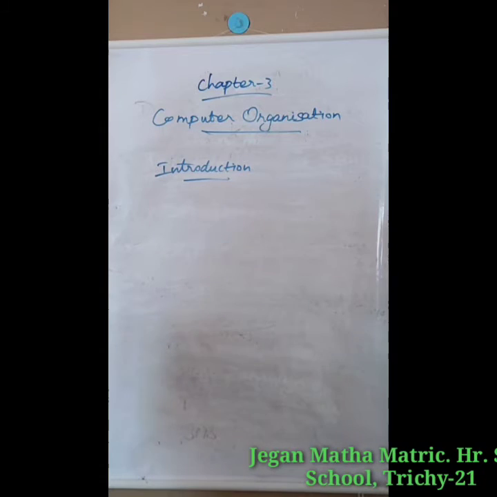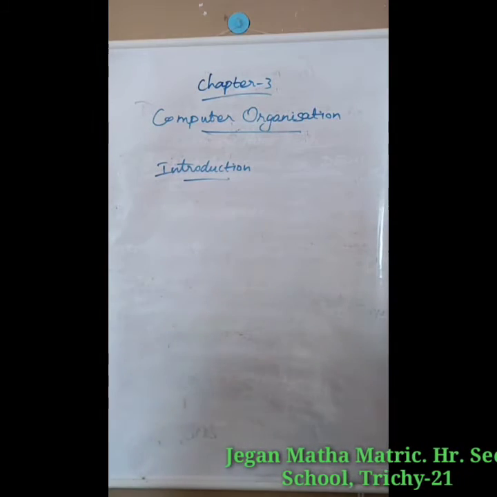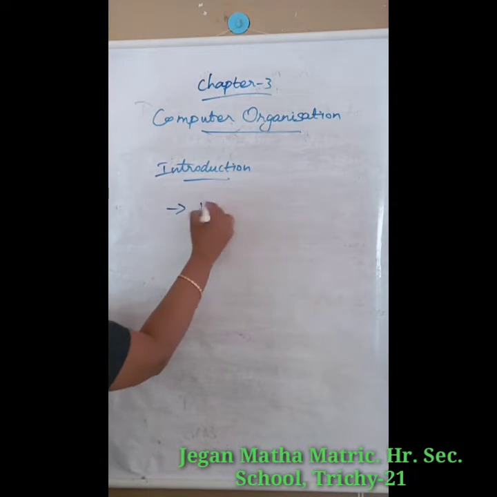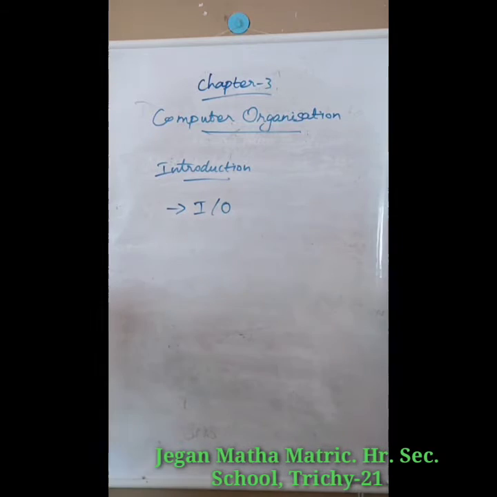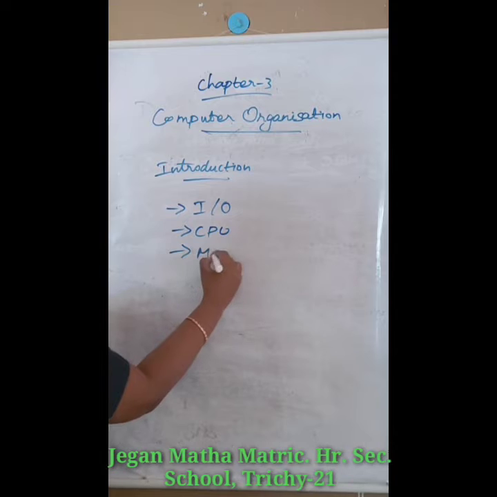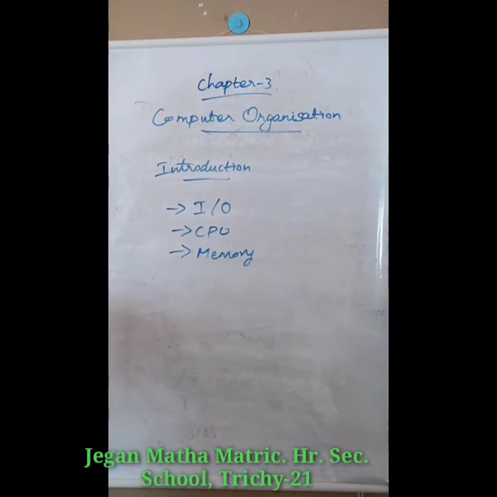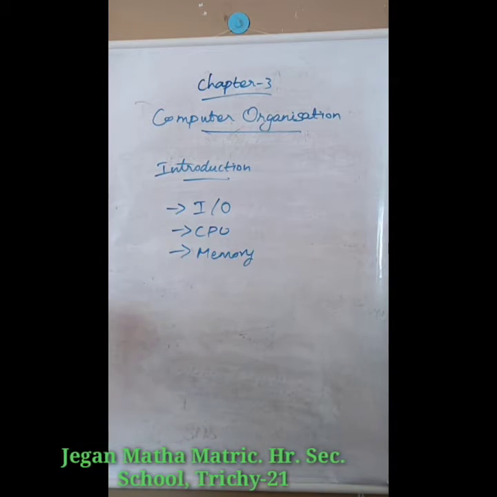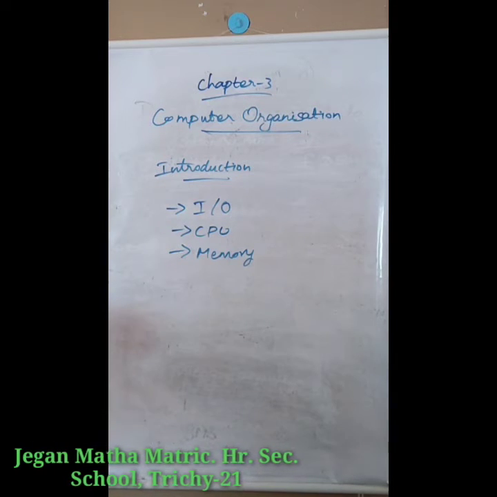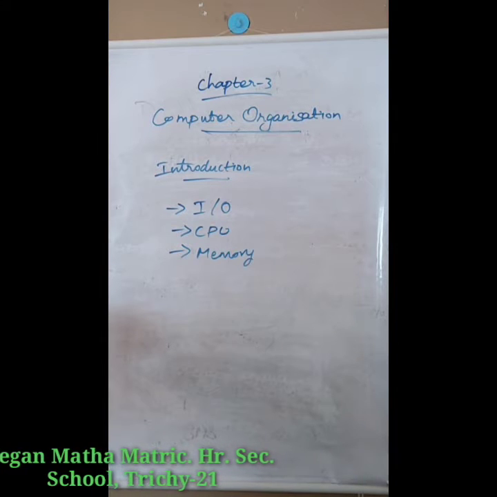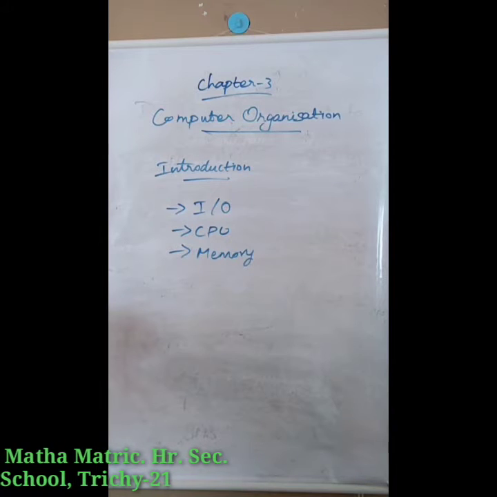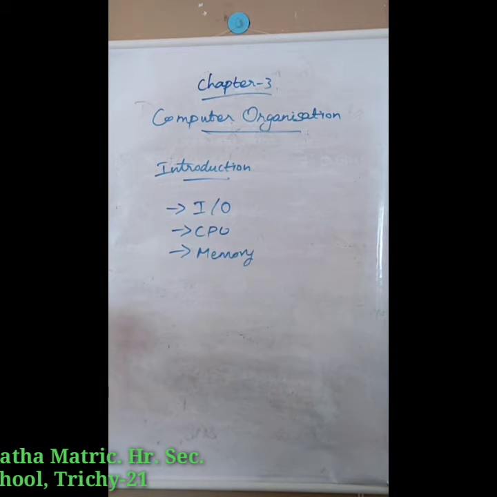So here the computer organization means it deals with the hardware components of a computer system. So here it includes all input and output devices, and then CPU and memory devices, and primary memory, etc. So it is concerned with how various components of computer hardware operate, and it also deals with how they are interconnected to implement an architectural specification.